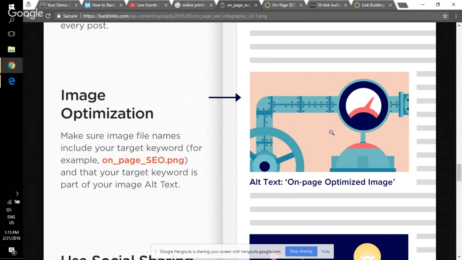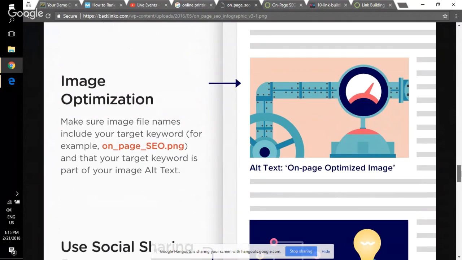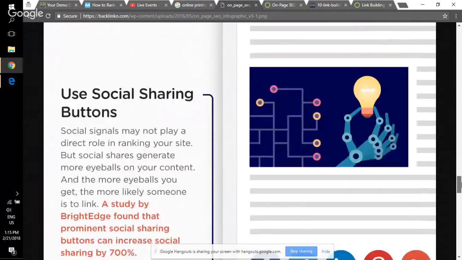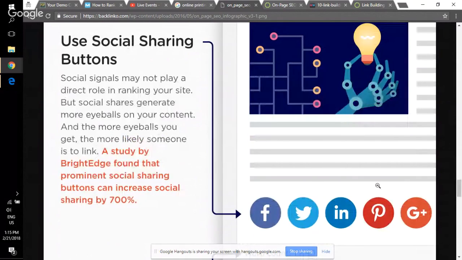Image optimization. So adding alt text and renaming your images into something more descriptive and with keyword integration is better. And using social share buttons, of course, because if you have social share buttons in your content, it entices the user to share it, of course, to amplify it, and it increases your chances of having your page linked from